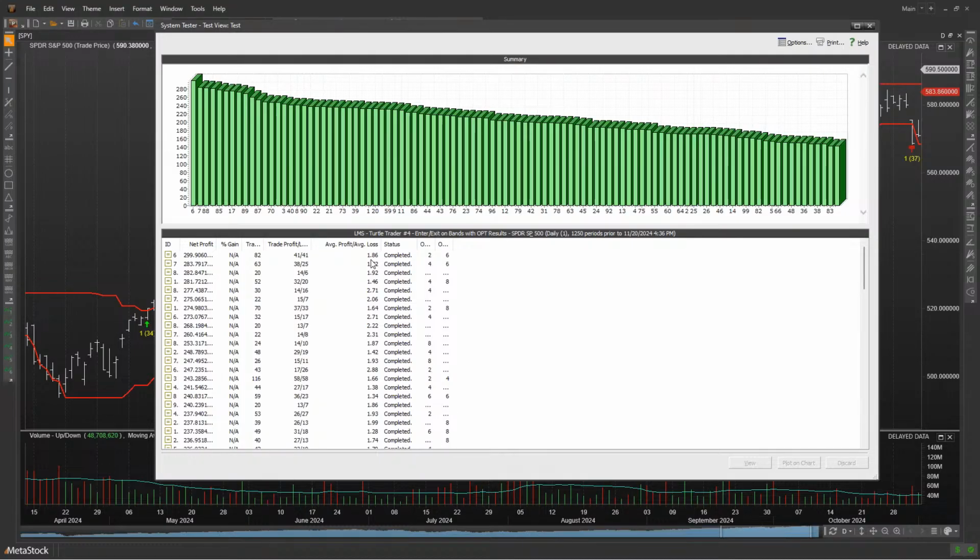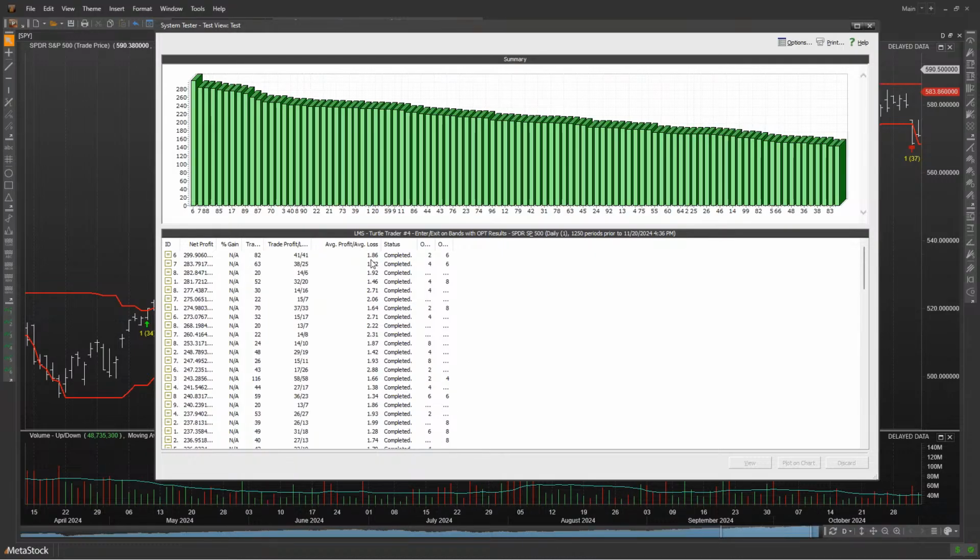Now, what does that mean? That means that's showing you the ratio between your average profit to your average loss. So in other words, for every point that you lost on a losing trade, you only made 1.86 points on a winning trade. So this is that ratio I was talking about before: when you're looking at systems, I think it's extremely important that you find systems that are giving you a 2 or higher type of ratio in your average profit to average loss.